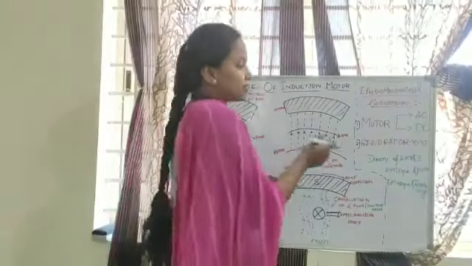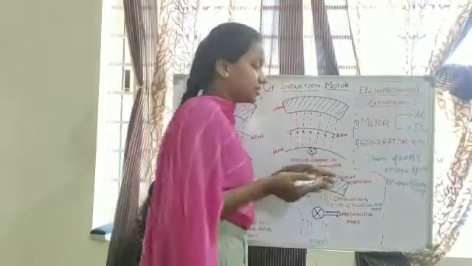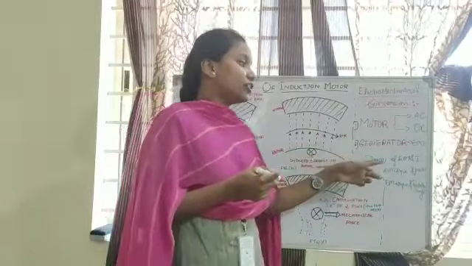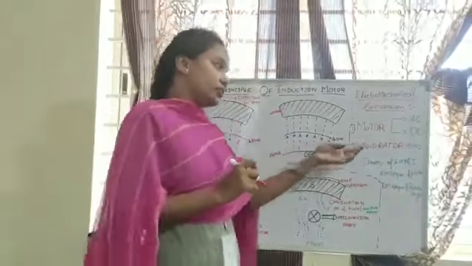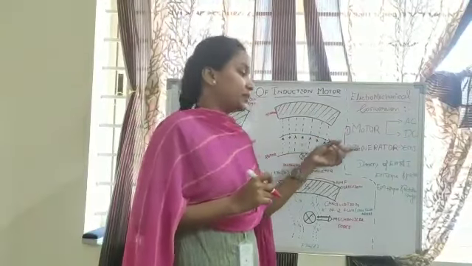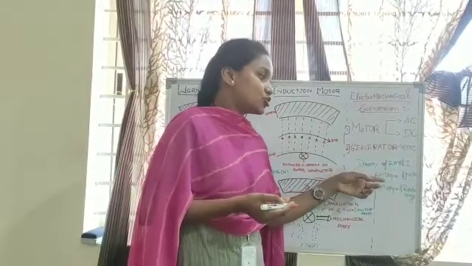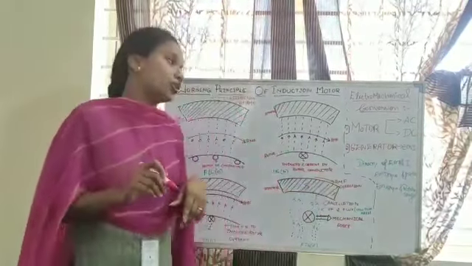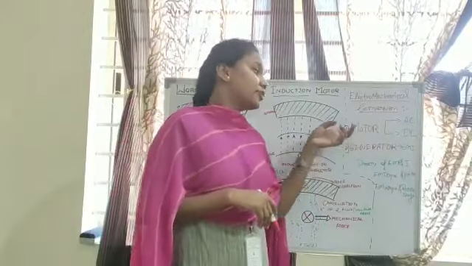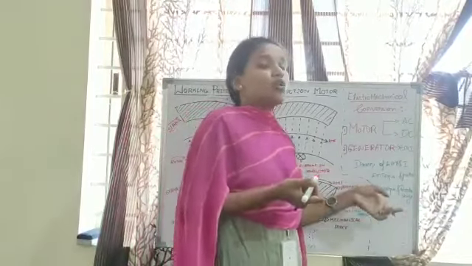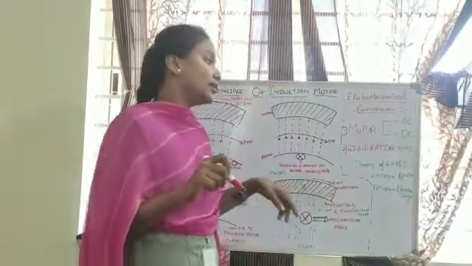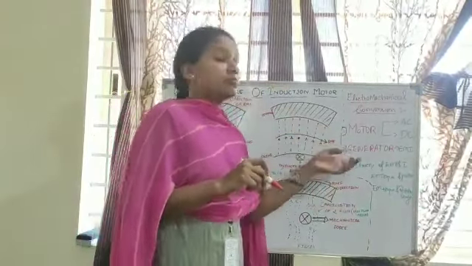So, in this we can say the differences will be that the direction of EMF and induced current will be the same in a generator but opposite in a motor. Similarly, the direction of electromagnetic torque and friction torque will be the same in a generator but opposite in a motor, whereas the direction of electromagnetic torque and rotation of the shaft are the same in a motor but opposite in